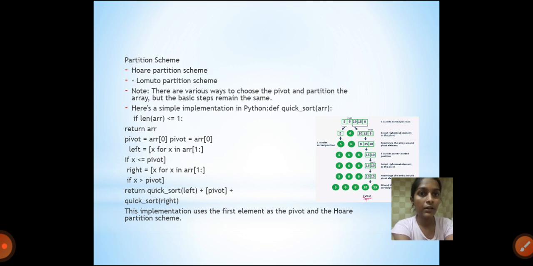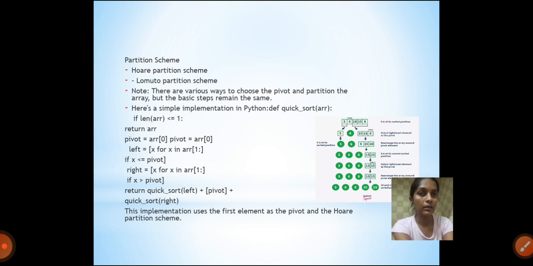If x is greater than or equal to pivot, then x goes to the right side. When the element x has a value greater than the pivot value, we should arrange it on the right side. If the pivot element is greater than other values, then those go to the left, and the pivot element is arranged in the middle. After that, return quicksort of left plus pivot plus quicksort of right.